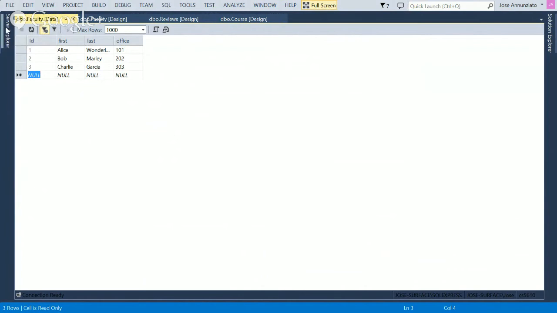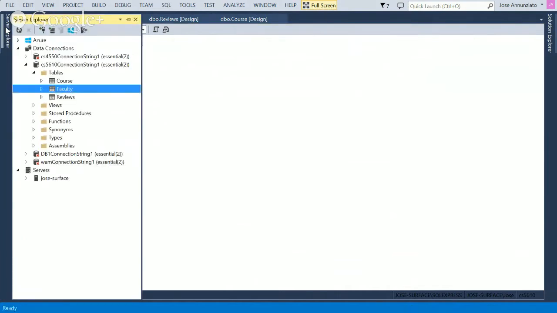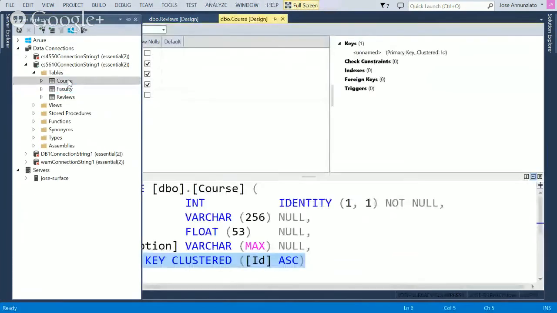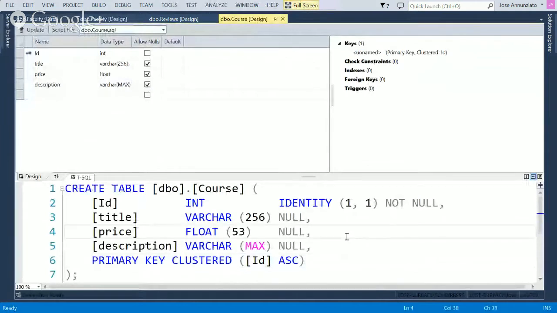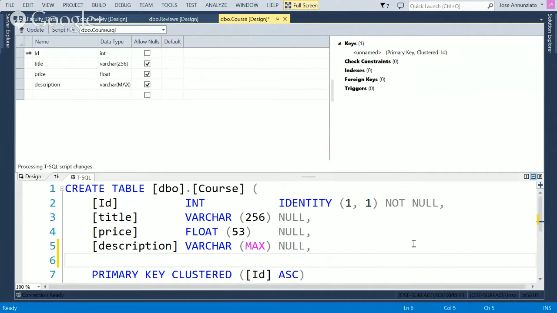What about the courses that they have authored? So here's the course, and notice that it only has attributes about itself. It doesn't know that it's related to anybody. So we're going to create that relationship. We're going to say that this course was authored by a particular faculty. So to do that, we're going to create a brand new field here. We're going to say author ID, and this is going to be the ID of the faculty